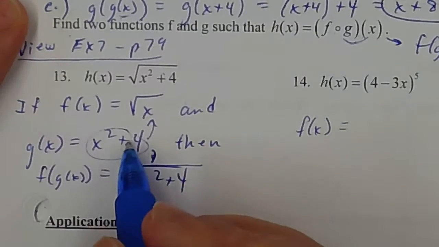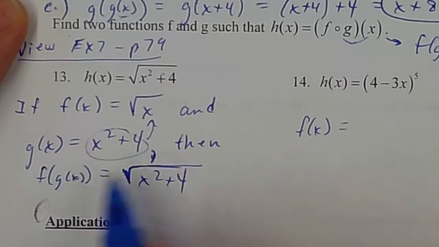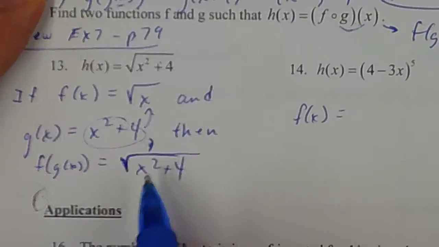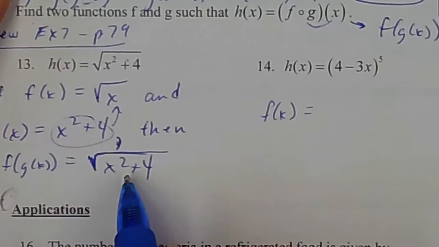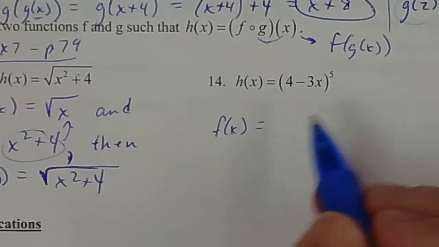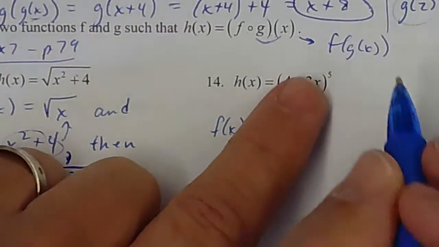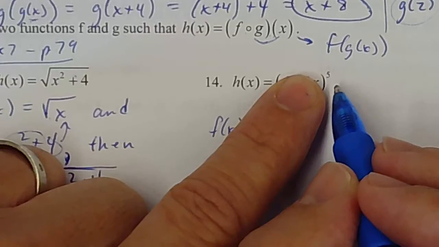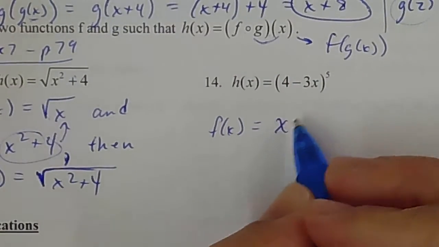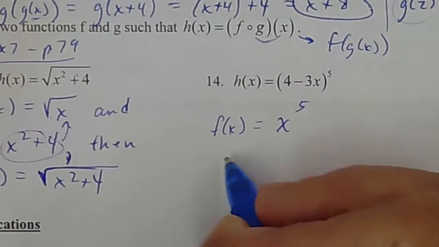So we always just gotta check our answer. If that's true, then f composed of g of x, this is what it's asking us to do, this is what we'd get. Okay, and there's more than one answer to some of these, but here's the most common answer for 14. You probably see this big picture as, all right, I have something to the fifth power. And then we just substitute something in. So we can call f of x, x to the fifth power,